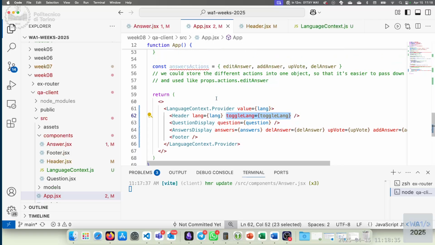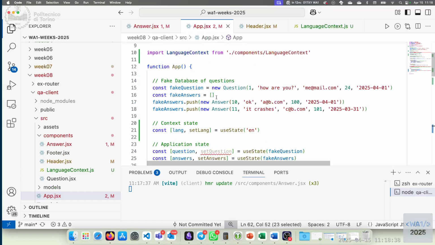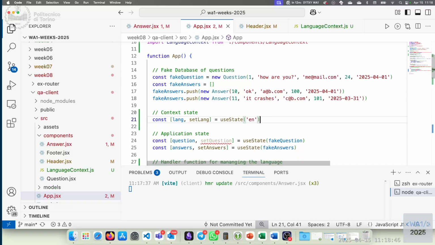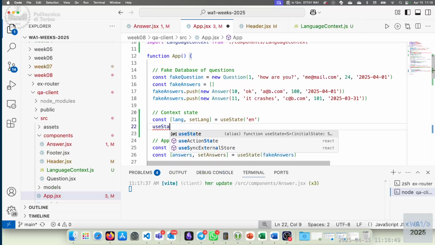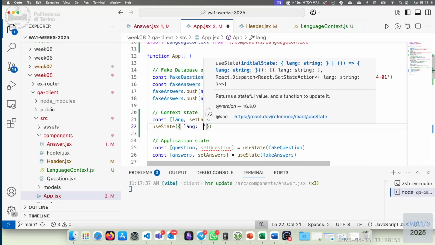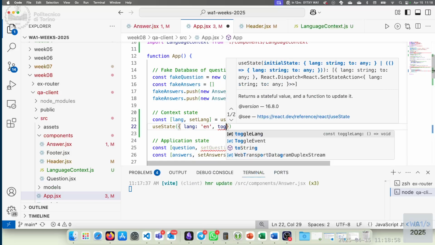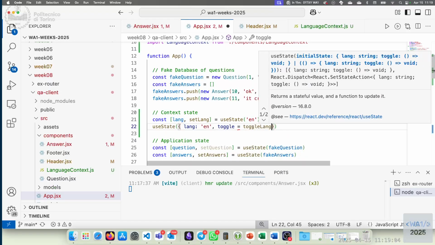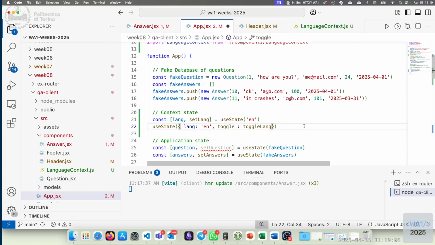When you create the state, instead of just having a string type state, you could have, for example, a complex state, like, let me write it as an example. An object that's called, okay, the language is English, and the toggle is toggle language function. So you can create a state variable which contains the state itself and the handler function, and you pass that